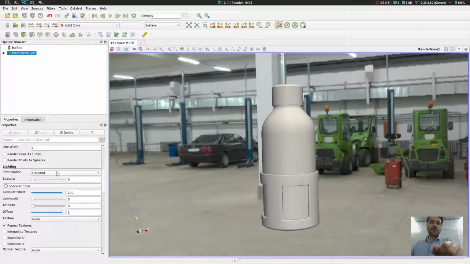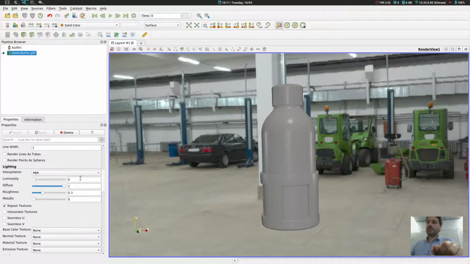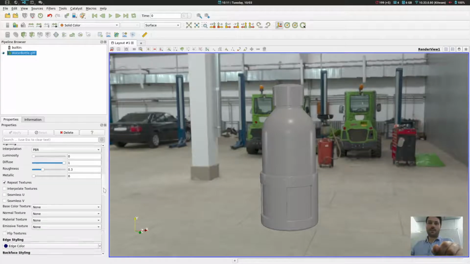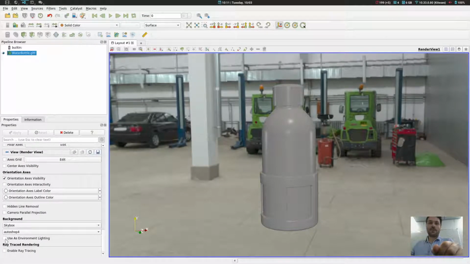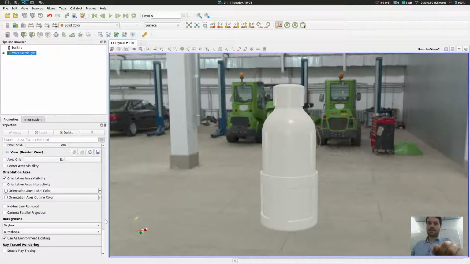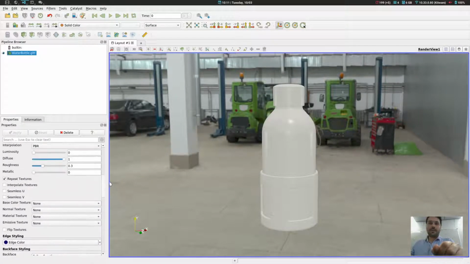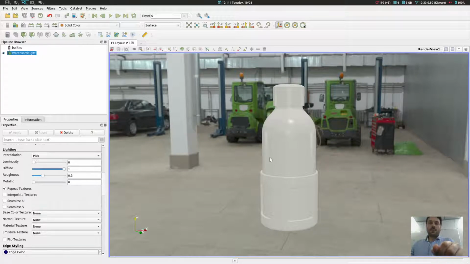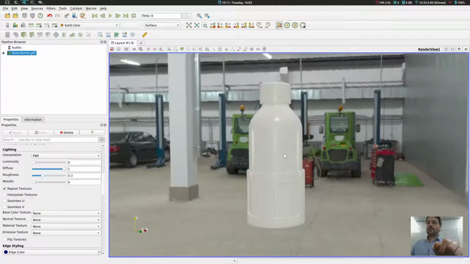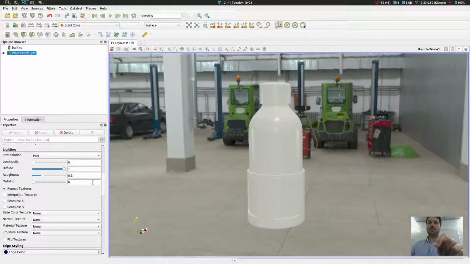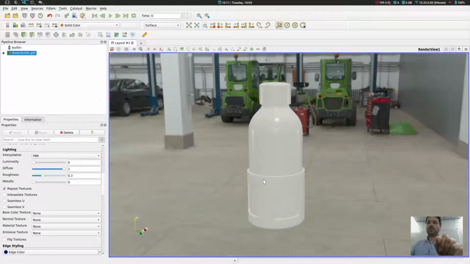We will enable the PBR rendering here. Just let me check if I have, no, I have not checked it. All right. So when you have loaded this kind of dataset, you might want to use texture instead of uniform material. For this, you can load it with all those combo boxes. So here we can load the base color texture.